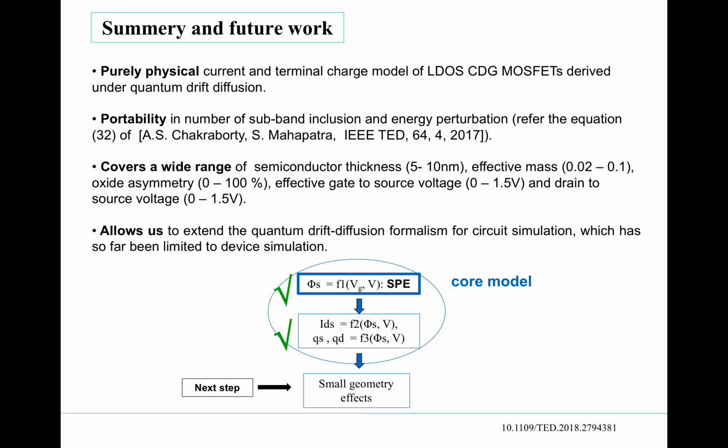So this is the overall summary. It's a purely physical current and terminal charge model for low effective mass channel material common double gate MOSFETs. We derived it under quantum drift diffusion. It's absolutely portable. One can change the number of subbands, one can change the order of perturbation, and obtain a very physical and completely analytical relationship without ever